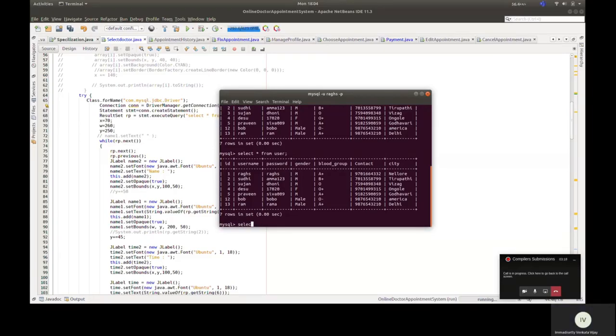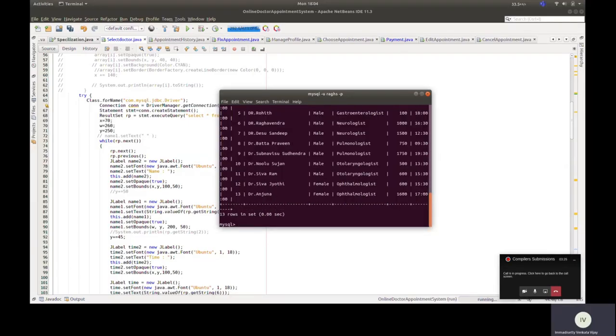Select star from doctor. See, these are the doctors available.